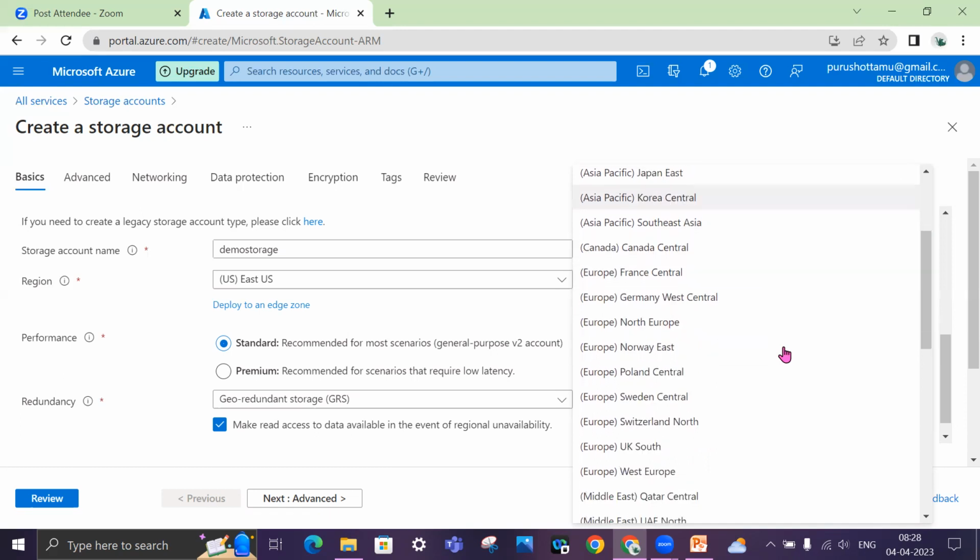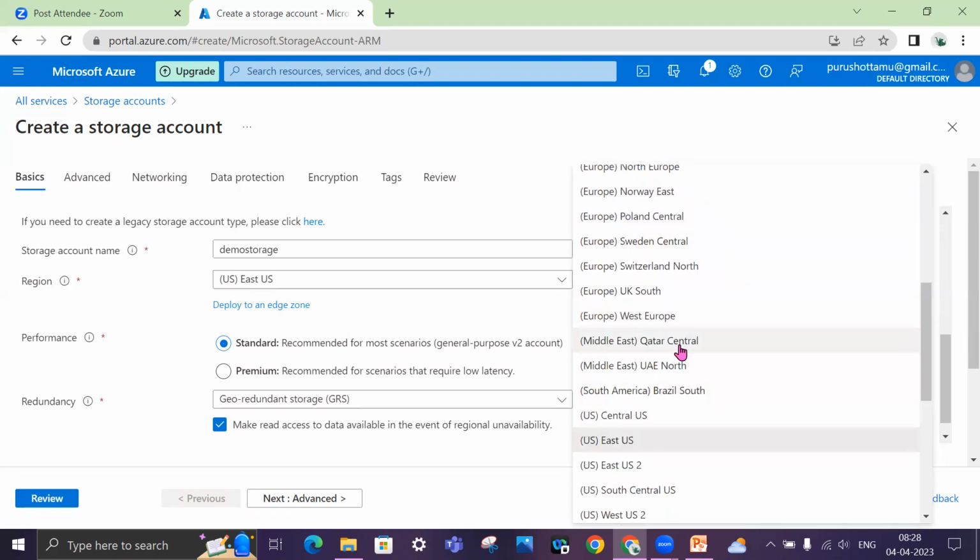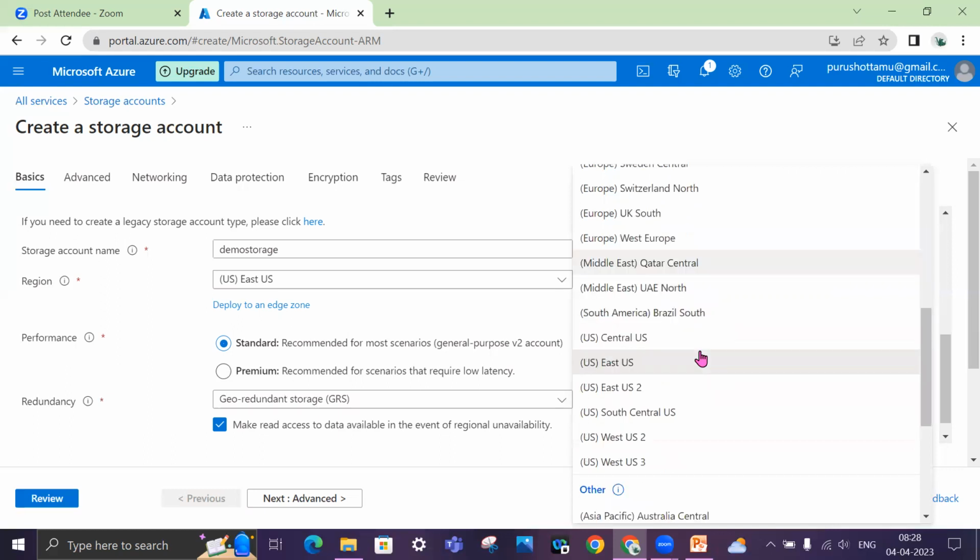And then we have Canada, and then we have Europe. Multiple regions are available in Europe, right? And then we have the Middle East, and we have South America, and then North America, right? As they keep investing, they create more and more regions and data centers based on the demand.